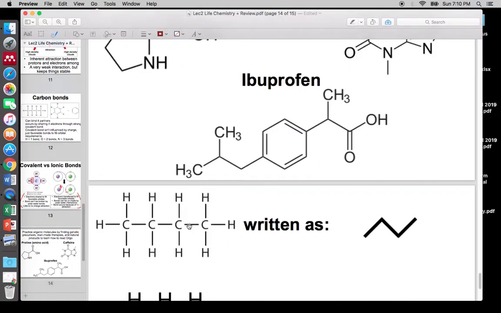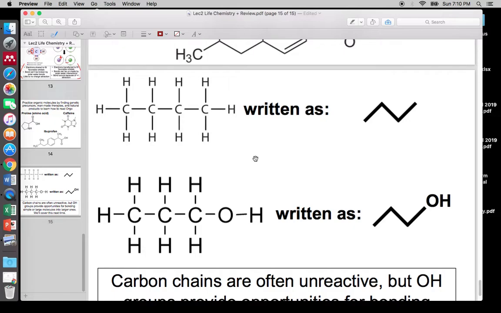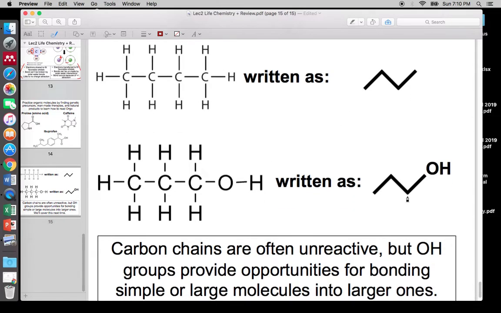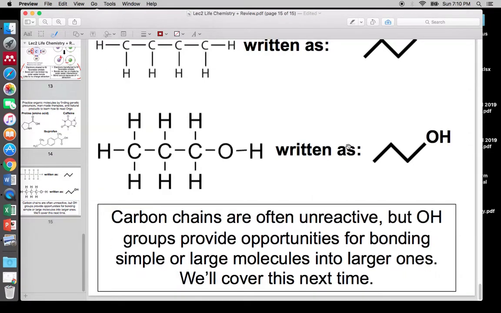You can take a look at organic molecules. You can work on your shorthand, because you will often see things written like this, and especially even in this class. But for the most part, we're not going to test on writing in this shorthand, but future classes and pre-health stuff,